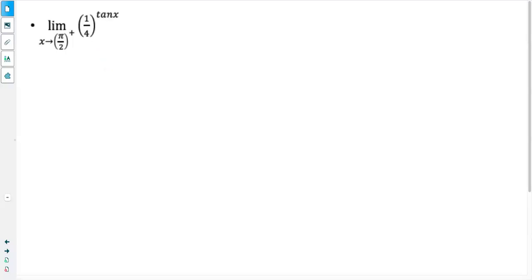The next one, we have our limit of 1 over 4 to the power of tan x as x goes to pi over 2 from the positive side. Now, if you recall your graph of tan, if you're looking at it from the positive side, so our graph of tan we know is going to